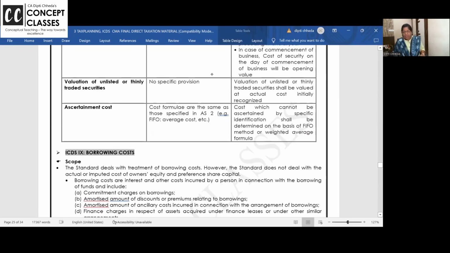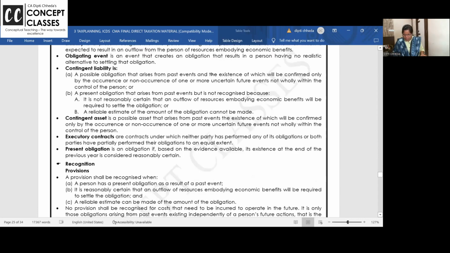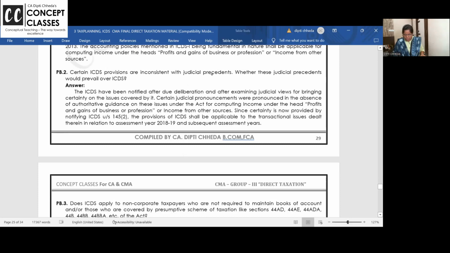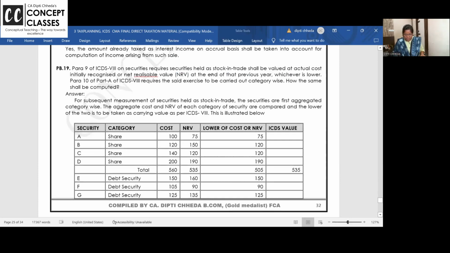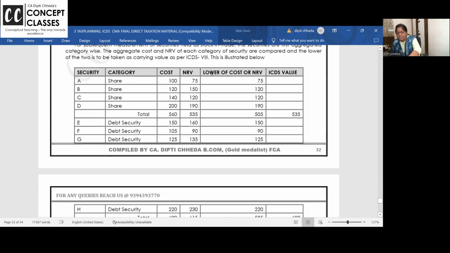We'll do one thing now. I have to start with ICDS 9 and 10, dear students. But before that, I have included 2 problems related to ICDS 8, which I want all of you to solve with me in your notebook. One is already solved. See problem number 19, and I am on page number 32. Can you all please come? This problem is asked for 5 marks. Very easy, very scoring. In the exam some things are tough, but some are easy too.